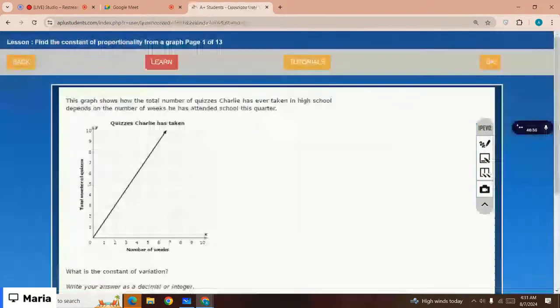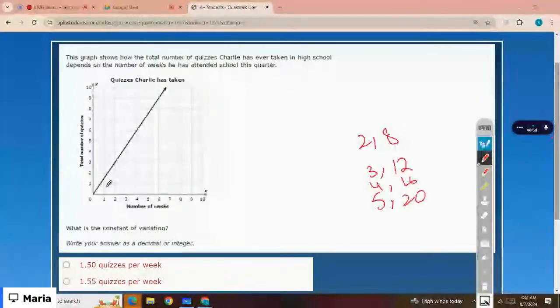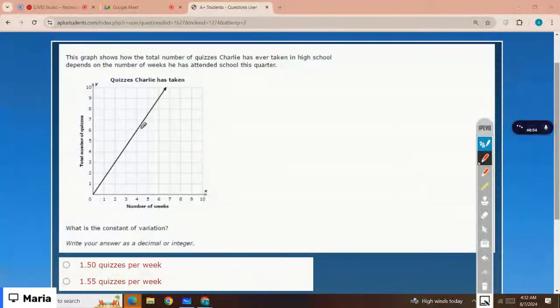The graph shows how the total number of quizzes Charlie has ever taken in high school depends on the number of weeks he has attended school this quarter. What's the constant of variation? So basically, you need to find the slope, right? So just find any 2 points on the graph, like this and like this. This point has coordinates x is 2, y is 3, and for the other, 4 and 6, you need to find the